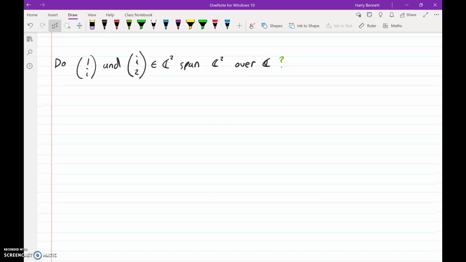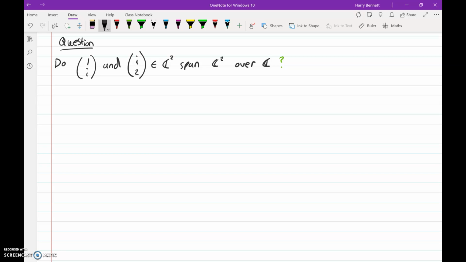My question to you is the following. Does the set of vectors (1, i) and (2, ...), which are in the vector space C², the set of column vectors with dimension 2, we'll look at what dimension is further on, over the complex numbers, span C²? I encourage you to pause the video now, have a go, see if you can come up with an algebraic proof, and we're going to go over the